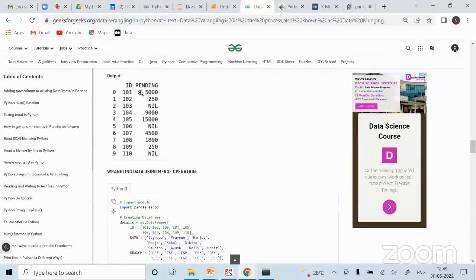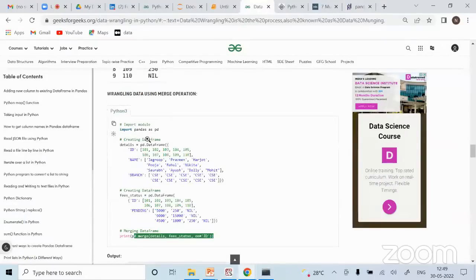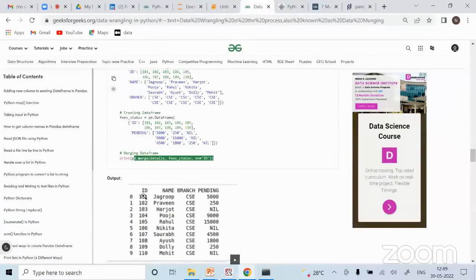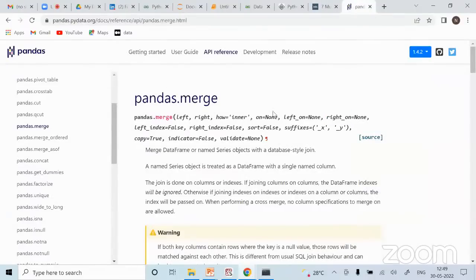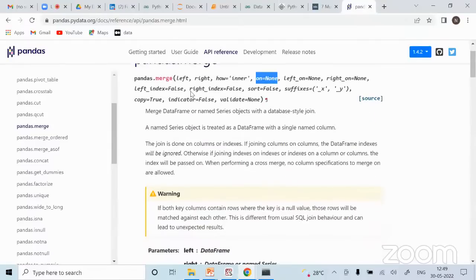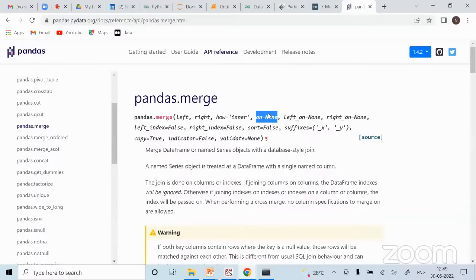So you can say left_on, meaning what is the column name of id in table one or the left table. Imagine it's capital ID, and maybe the right side has small id. So you can say left_on equal to capital ID, right_on equal to small id. In that case you will not give on; either you will give these two or you will give this. Then you can say left_index, right_index, all these things you can try out on your own, but these are the important ones: left, right, on, how, and left_on and right_on.